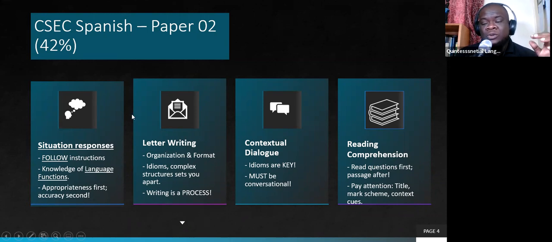In the past, there were choices, you had options with the Spanish exam. Now everything in this paper 2 is compulsory, right? Each section, situation responses, letter, contextual reading, comprehension, etc. And you will see some notes here at the bottom, but we'll go more in depth with those notes as we move along, right? One other thing, guys, if I'm moving quickly, if somebody wants me to repeat something, or wants me to slow down, etc., by all means, just put on your mic and make your request known, right?